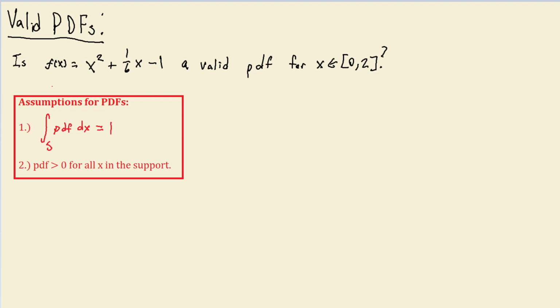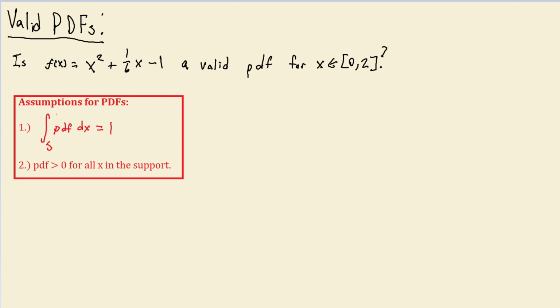But we have to check these additional two assumptions, which say that if you integrate over the probability density function for all the values in the support, you have to get 1. This is effectively saying if you sum up all the probabilities of all the possible outcomes, you have to get 100%. So it's pretty self-explanatory. Then the second assumption here is that the probability density function needs to be positive for all values of x